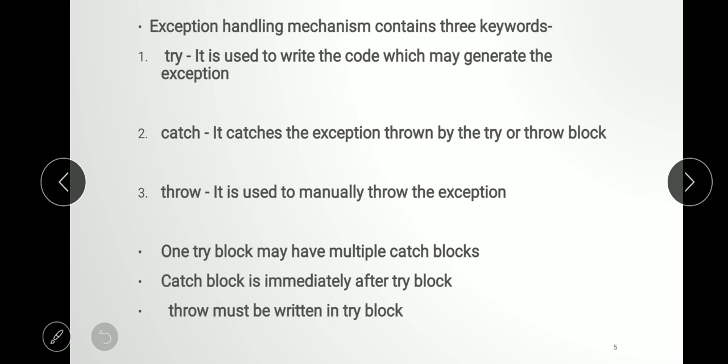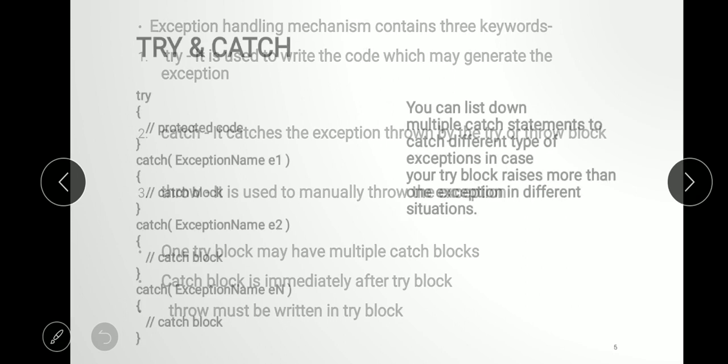One try block may have multiple catch blocks, or a single catch block immediately after the try block, and throw must always be written inside the try block. These are some conditions that apply whenever we use the exception handling mechanism.